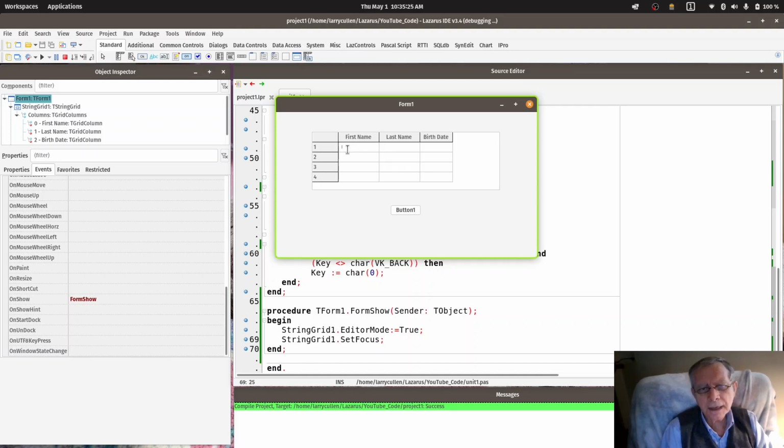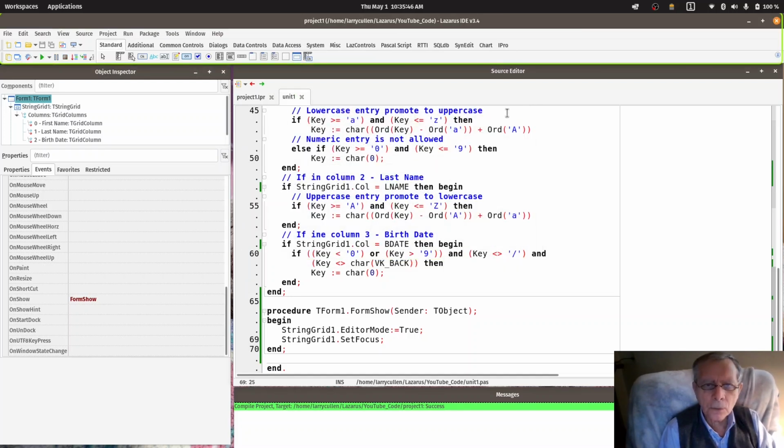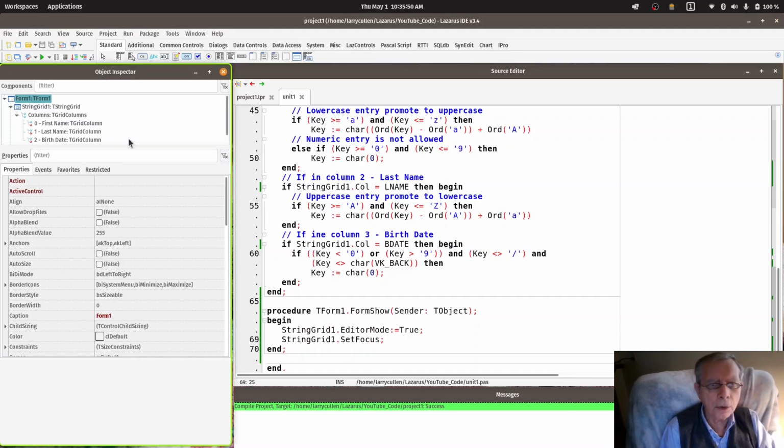That's what we wanted to have happen. When this application runs, the string grid is in edit mode and it receives focus. I think that should automatically happen, but what do I know? Okay. The other thing I want to do is change the title on our